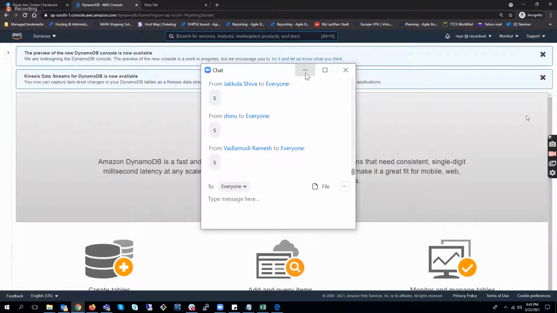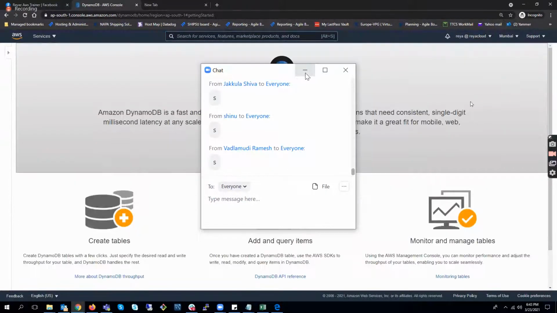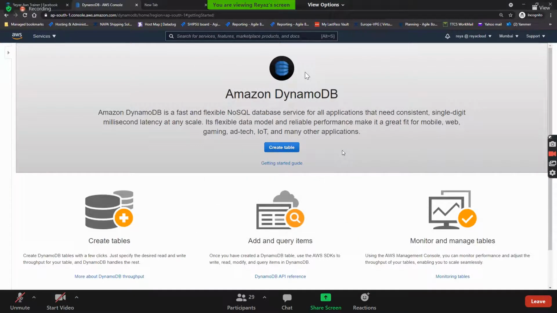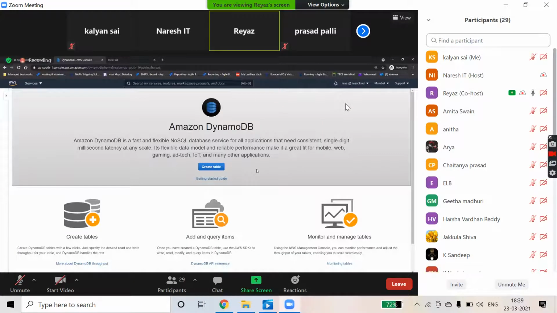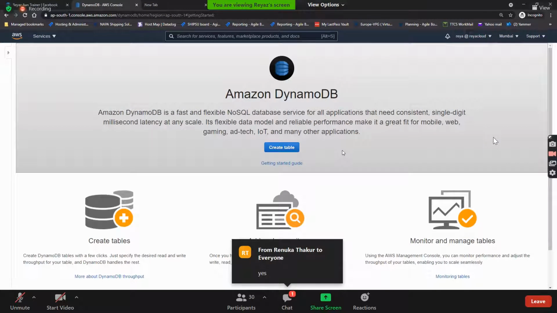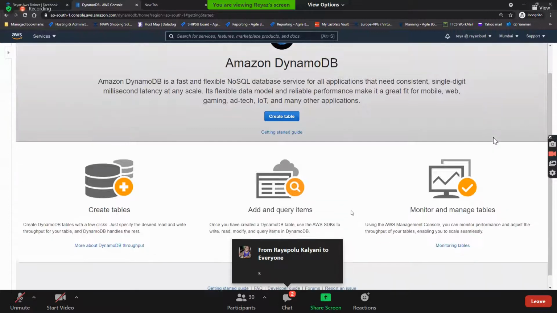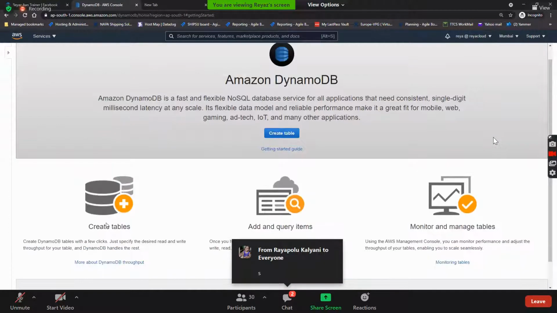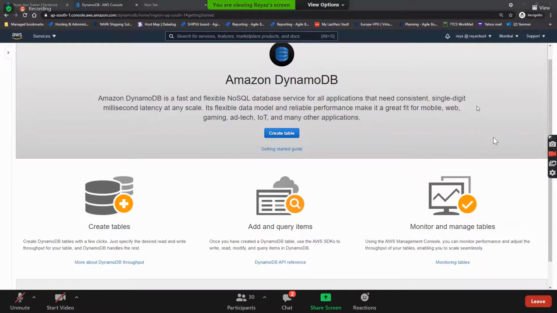As there are not many developers here, I think whatever we have discussed in the DynamoDB, you're clear on that. Do you remember that we have discussed about this DynamoDB? In this DynamoDB, you have to go and create a table. Do you have anything else here? No possibility. So create the tables and add the queries items. That is all, right? It is not like an RDS.